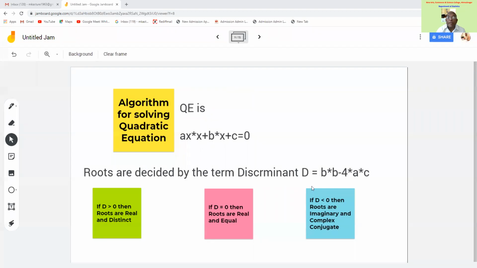And when discriminant is negative, our conclusion is roots are imaginary and they are complex conjugate of each other. That is what our conclusion is. That means the discriminant is based on the three coefficients. Which are the three coefficients? A, B, C. Here, b square minus 4ac. So all the three coefficients are taken care of here. If this discriminant is greater than 0, we are here. If discriminant is equal to 0, we are here. If discriminant is negative, we are here. So discriminant is the most important deciding factor.